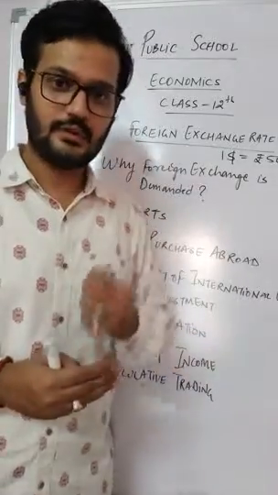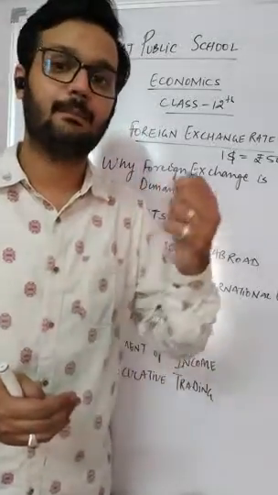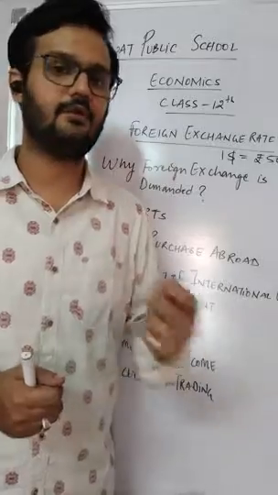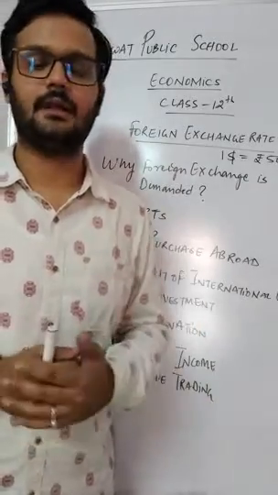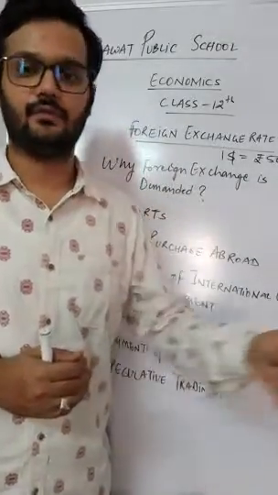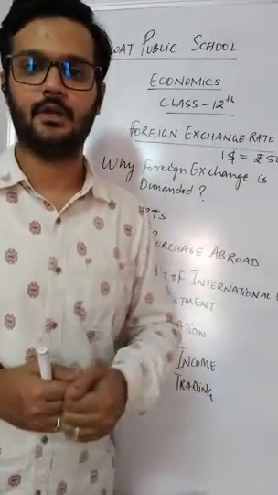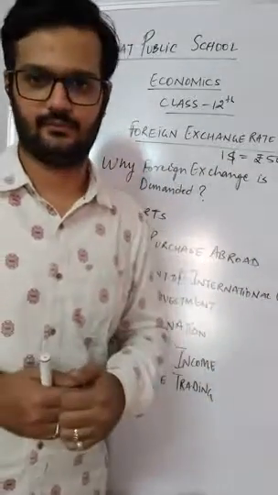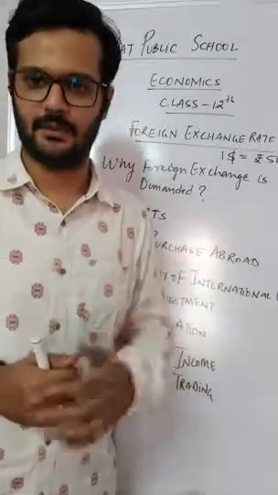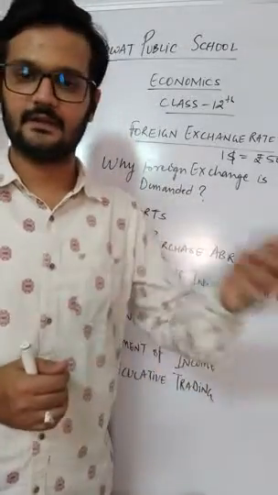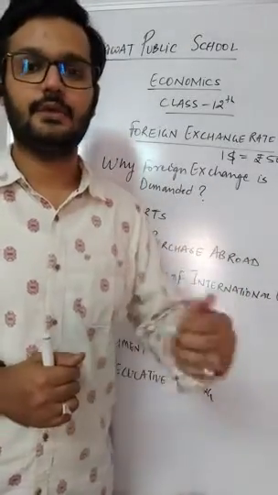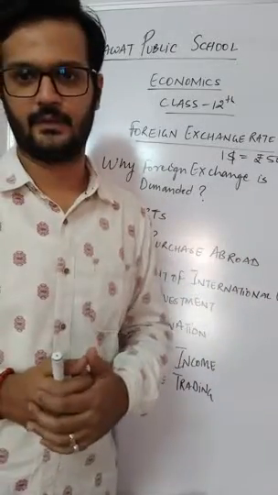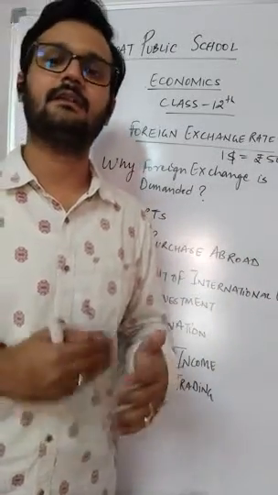And if you use these factors of production, you need to make payment. You need to pay for these factors of production. For example, if you're using someone's land, if you're using someone's building, you need to pay rent for that land, that building. If you are using some services of some person, then you need to pay salary to that person. Okay, so these are factor payments.